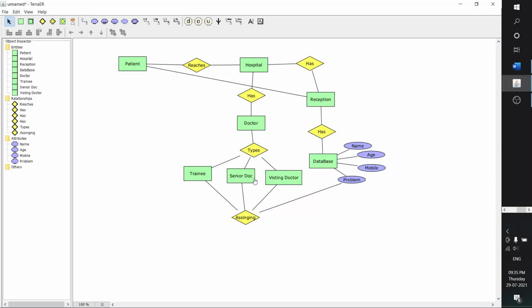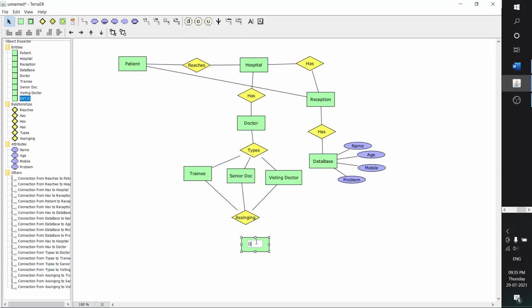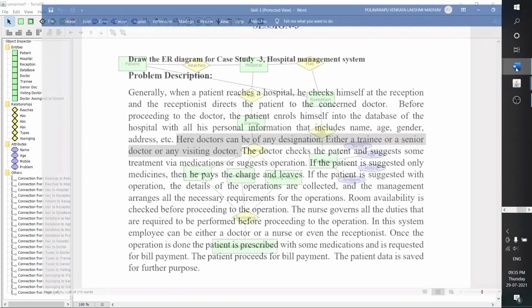Here the problem is not considered. The whole hospital belongs to only one problem. So in this, one doctor will be assigned. So here we can say doctor assigned to patient.